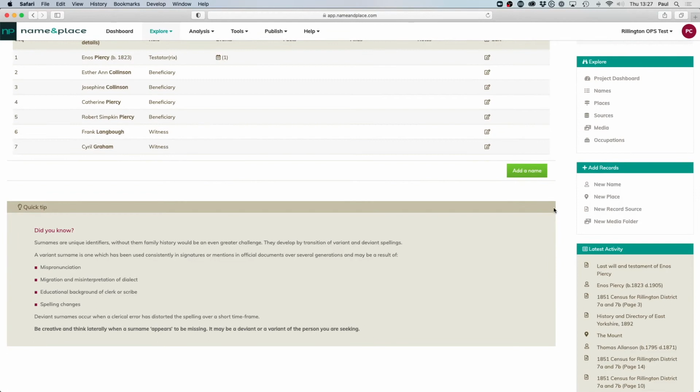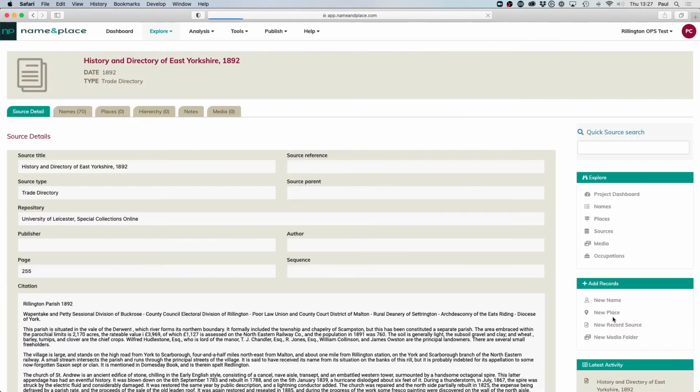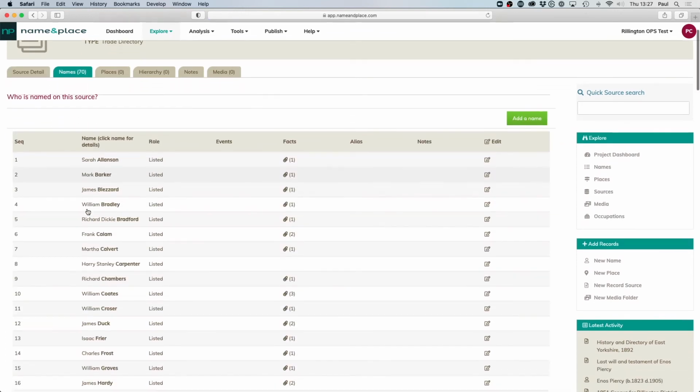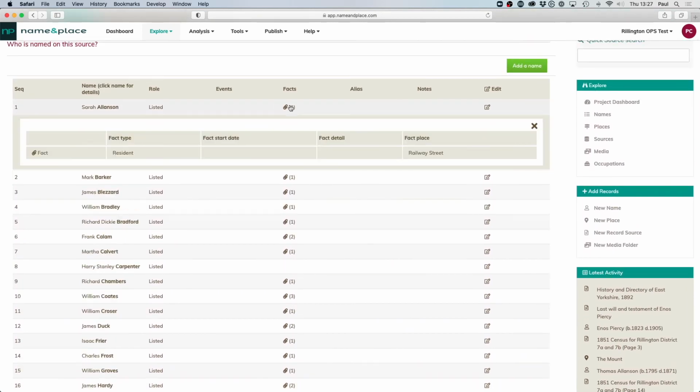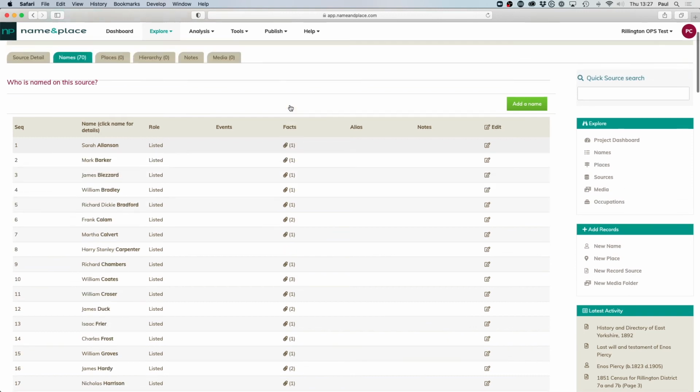Sources can also be more substantial, like for example a trade directory. In this case there are 70 names listed, but in the same way they are all recorded there as listed, and there are facts against them, that in this case where they were living at that time.